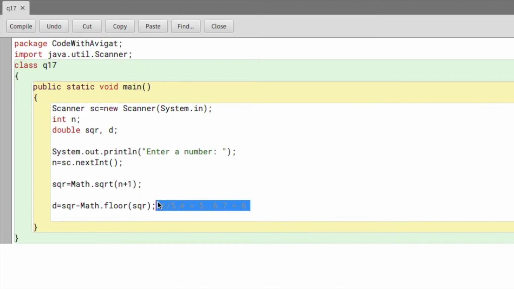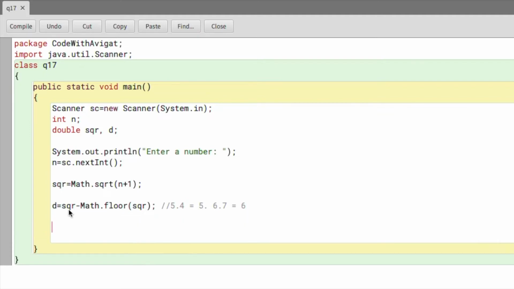So now that this part is clear, I'll move on to the next part of the code. And after the entire code is completed, I'll just run through everything once again and explain it once more with a proper example, so you'll get a lot more clarity. So after the variable d has got a value, I will write my if conditions.